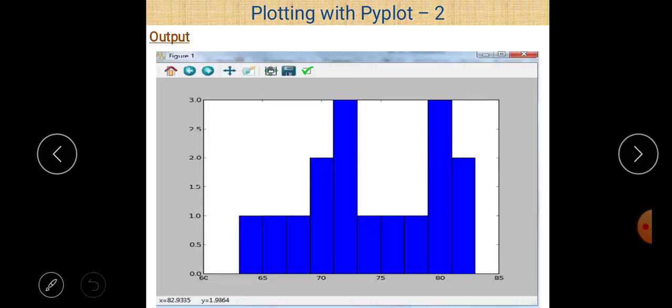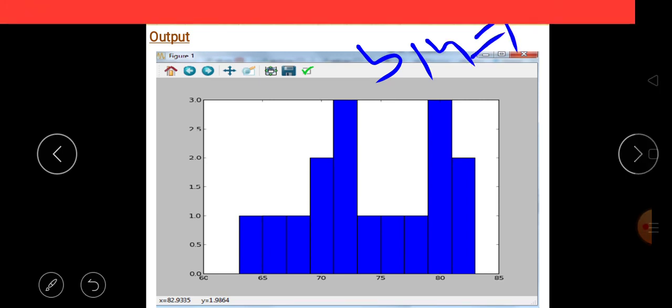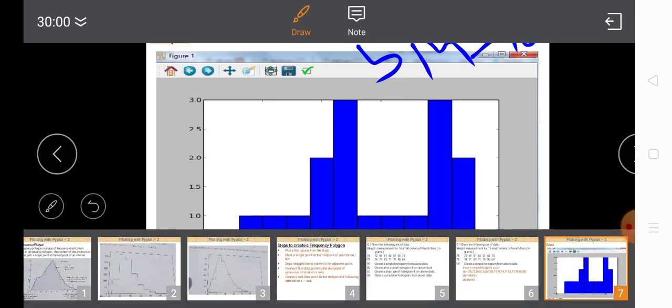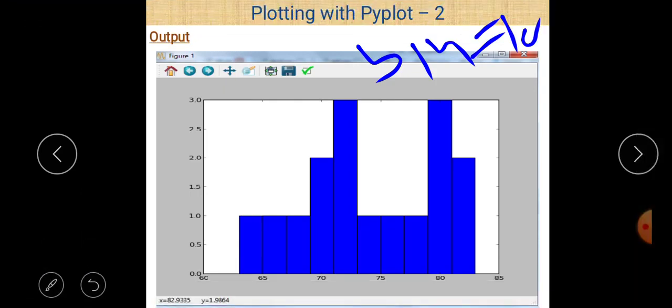our final answer. You can see here we don't define the number of bins, so it is the default. You can easily count: 1 2 3 4 5 6 7 8 9 10 bins are here. Okay, if you want to define the number of bins, you can use the bins parameter for that purpose. In this case, bins is equal to 10 here, so 10 bins, or 10 intervals, are here.